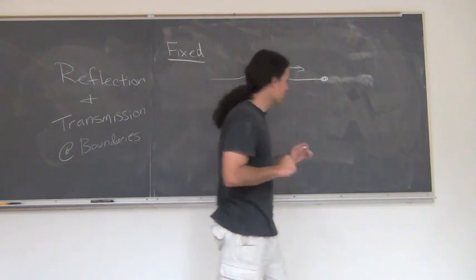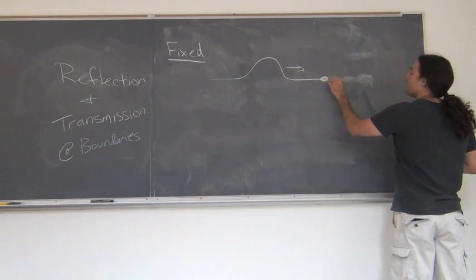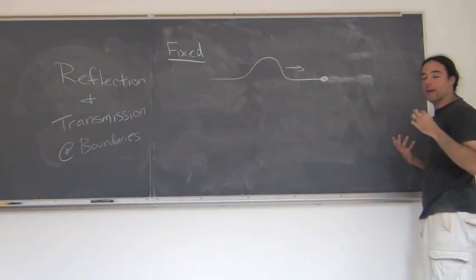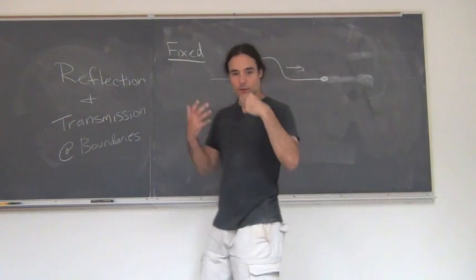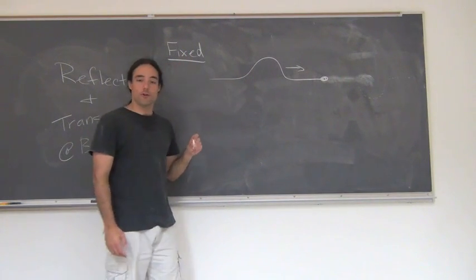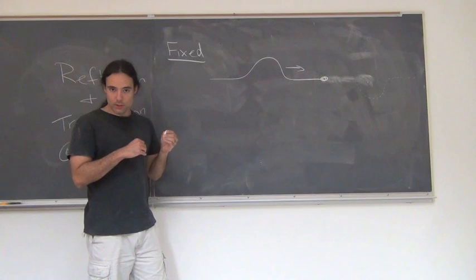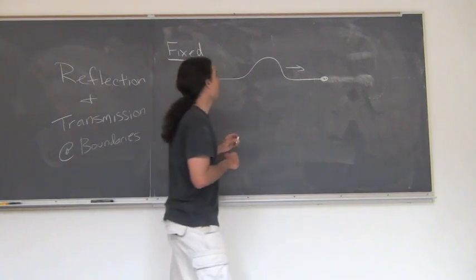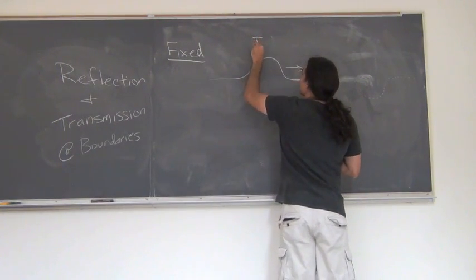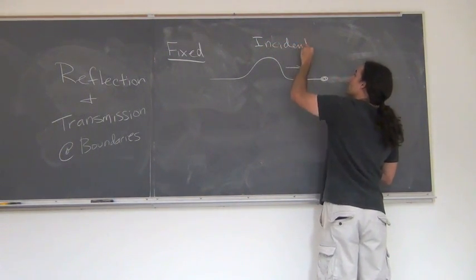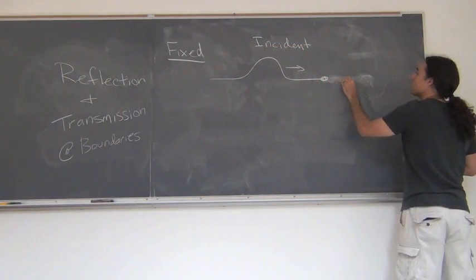So we're going to imagine that over here, there's another wave. There's another wave that's going to interact with the first wave. The wave is just an inverted reflection of the incoming wave. So I'm going to call this the incident wave. I'm going to call this wave